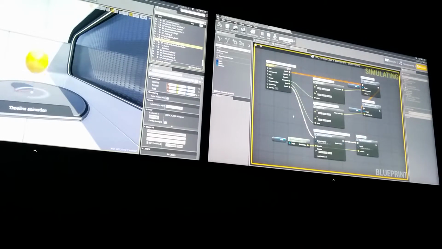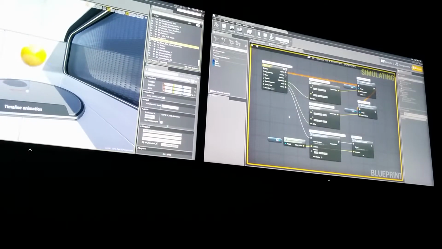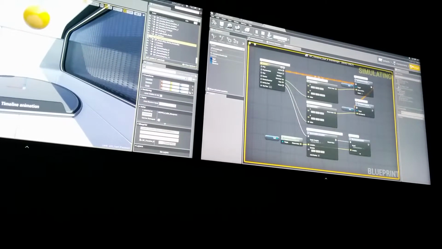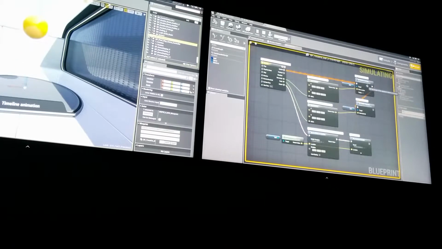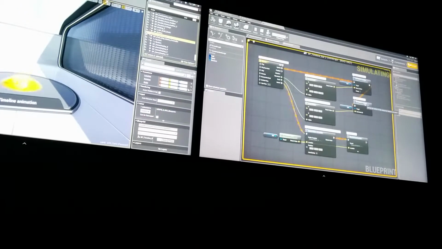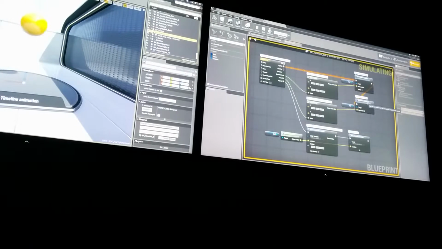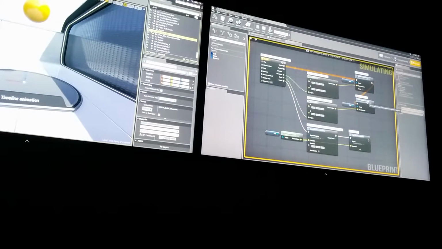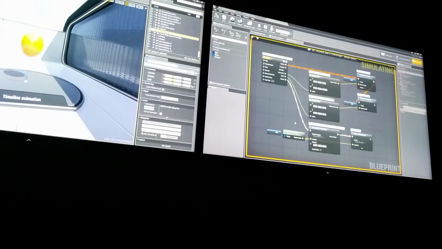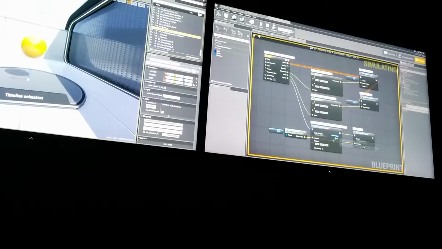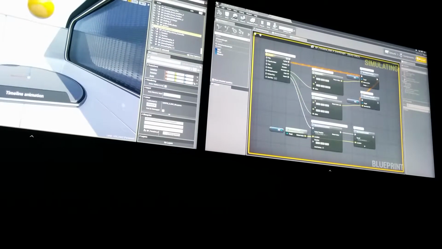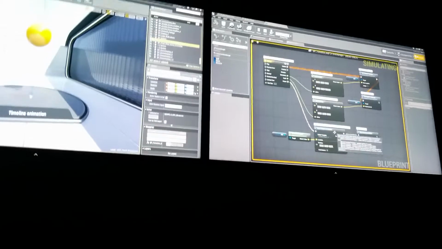The red pulsating lines indicate execution of the nodes that they're connected to. So here we have constant execution that is updating the location and the scale of this ball. So it's constantly moving up and down, constantly scaling to get that little bit of a wobble when it bounces. And on each impact, we see this lower branch of the graph execute, and that's creating that ripple effect that happens on each bounce. Now I can right-click on